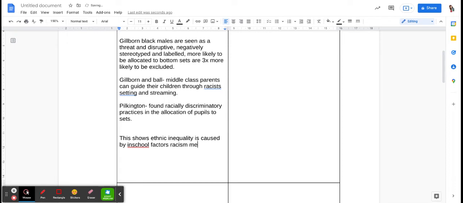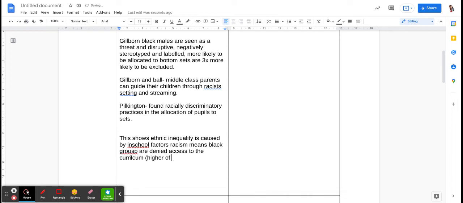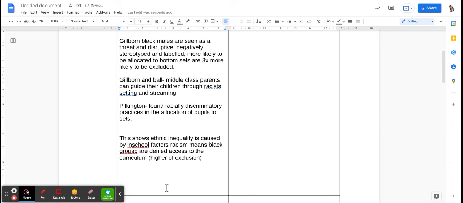Racism means black groups are denied access to the curriculum due to higher rates of exclusion. That's just official exclusions. Black groups are denied access to the curriculum or access to learning due to higher rates of exclusion. Remember, it's not through any particular behavior, it's through a perception generally that the relationship's broken down. So because Black groups are denied access to the curriculum or learning due to higher rates of exclusion,